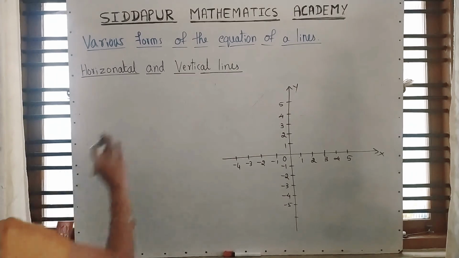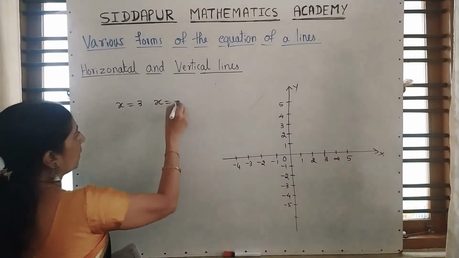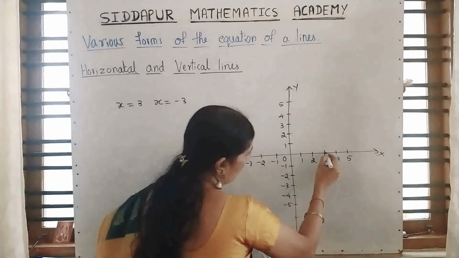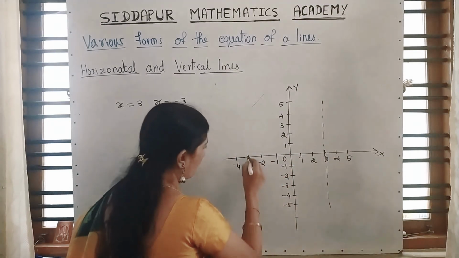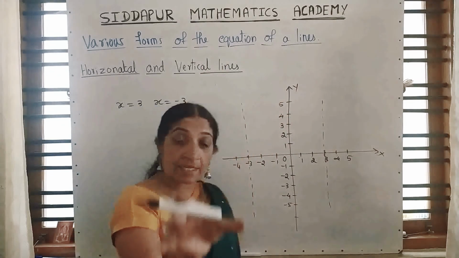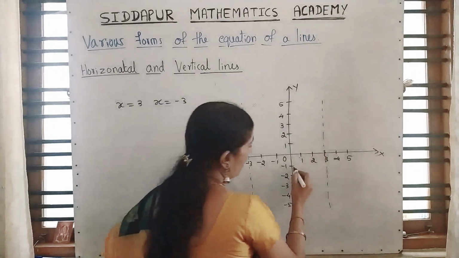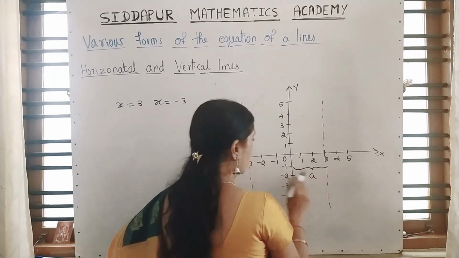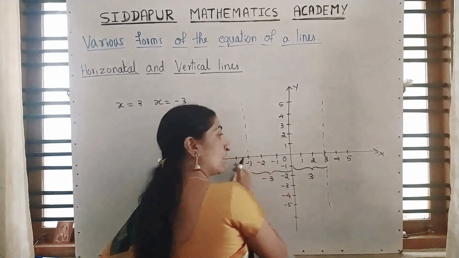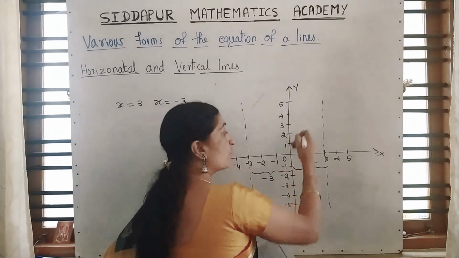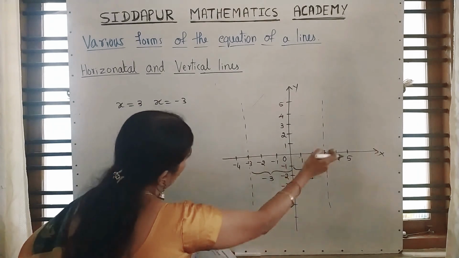So moving to the next one, that is the vertical line. If I give x is equal to 3 and x is equal to minus 3, how will you draw the line? See, this is x is equal to 3 and this is x is equal to minus 3. What you are observing? They are straight lines, like pillars, columns. So they are called vertical lines. And what is the distance from here to here? This is 3 and this distance is minus. That negative tells you it is on the left side of the origin. The negative tells you it is on the left side, positive it is on the right side.